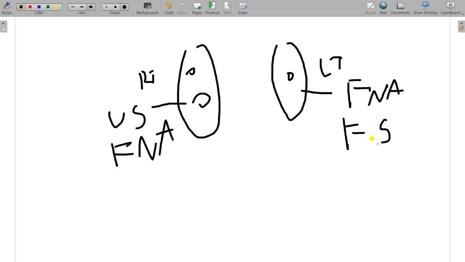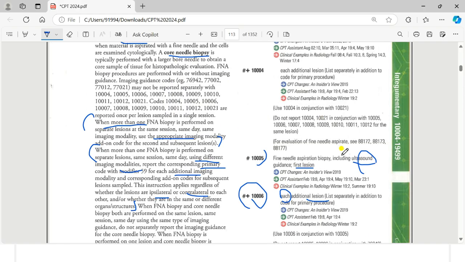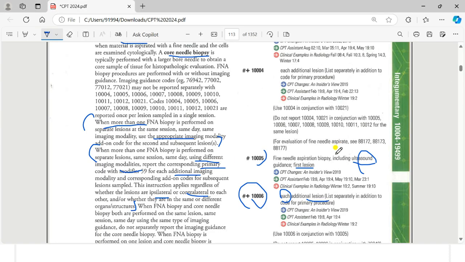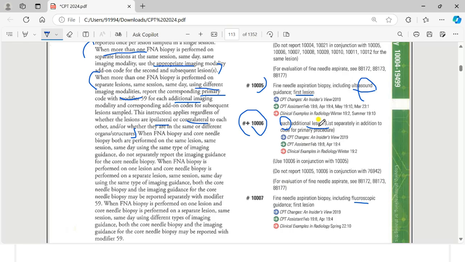So by applying the guideline we will start coding. Okay, so ultrasound FNA code is what? So ultrasound FNA first lesion is 10005. What about the second lesion? We have the add-on code, right?